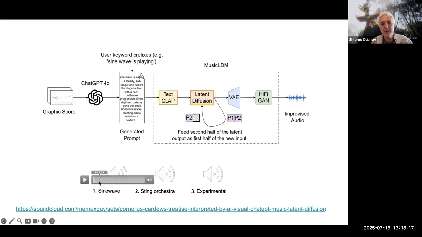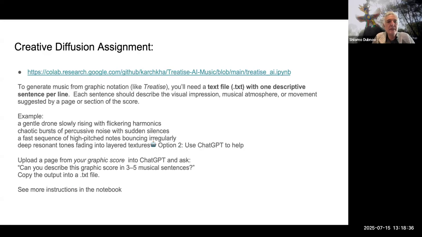So yeah, you can now imagine some uses of this as a creative way to generate something which is not specific to any style, and very abstract renderings or installations, experimental music, and so on. So let me skip. Yeah, I was kind of imagining a creative diffusion assignment, but we eventually decided not to make this into a graded assignment. But if anybody wants to try this out,